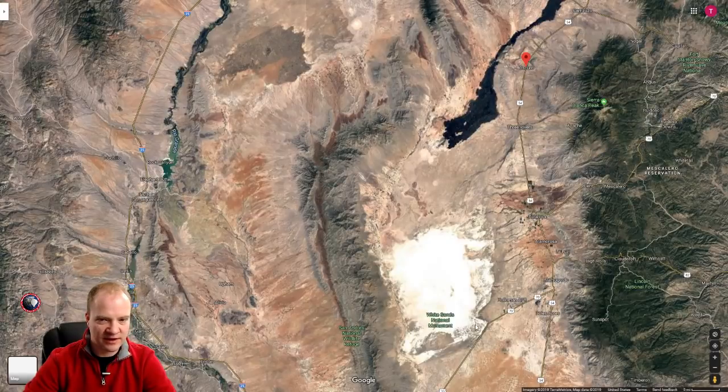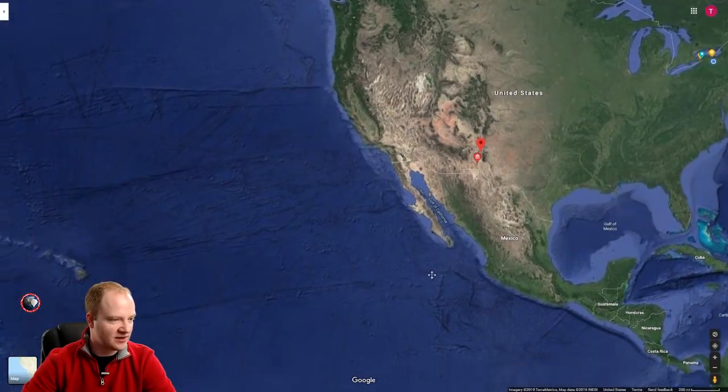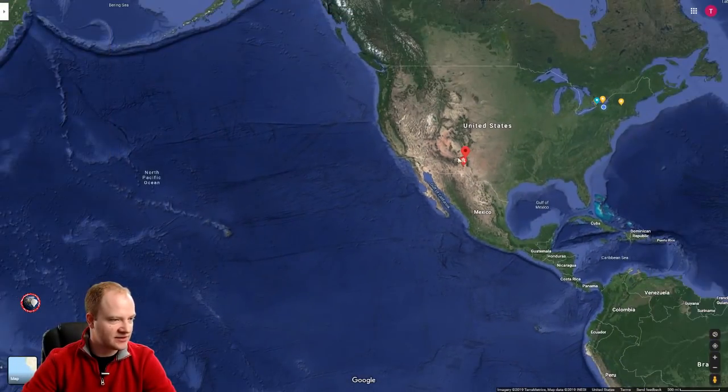This whole area here is the White Sands Missile Range. So here's White Sands National Monument, and all this area is the White Sands Missile Range. So that's where it landed here. It came in off of Baja California, down this direction, came this way, and landed up here. So I'm going to switch back to the video here, because actually the astronauts